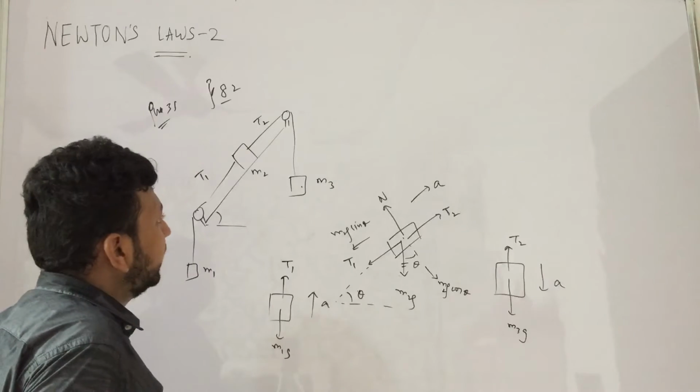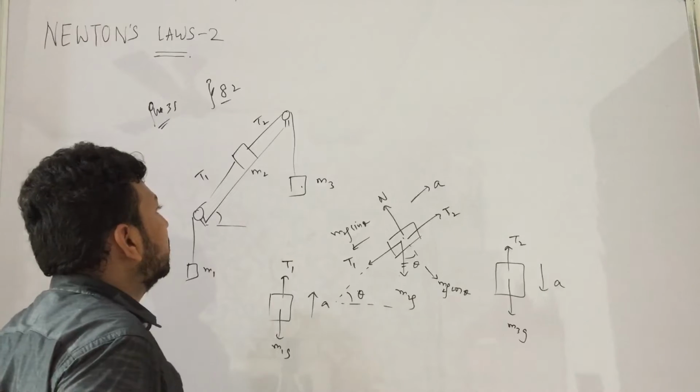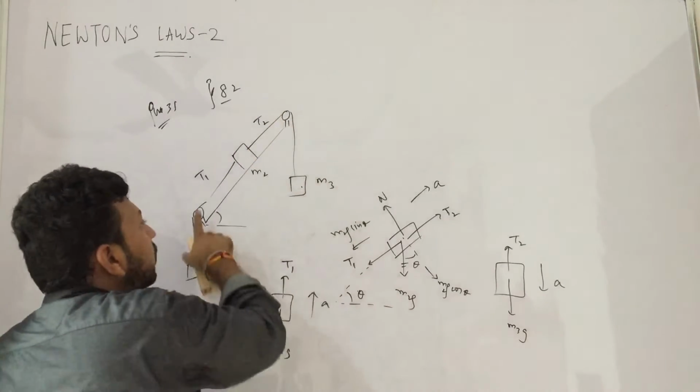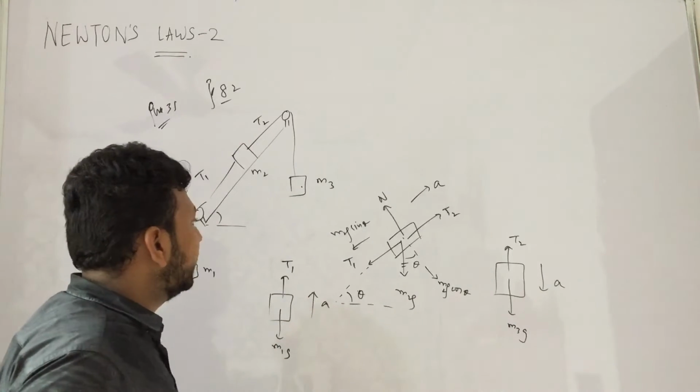Okay, so I don't think there is any problem. Acceleration will be same in all the blocks, because if it comes 1 meter down, it has to go 1 meter up. There is no other possibility for them because they are bound with each other. Yes.